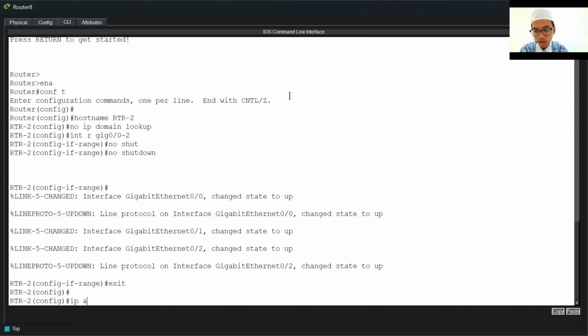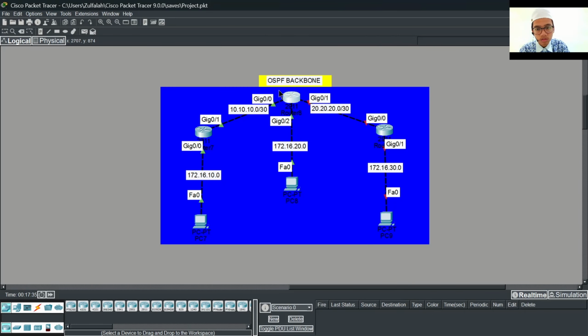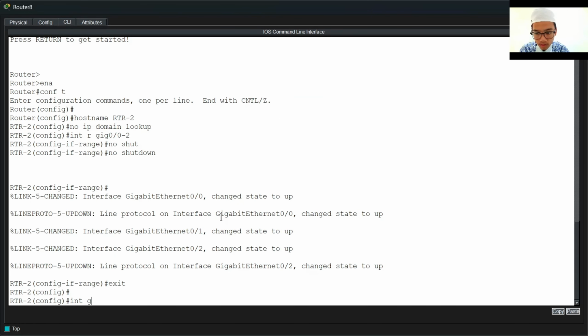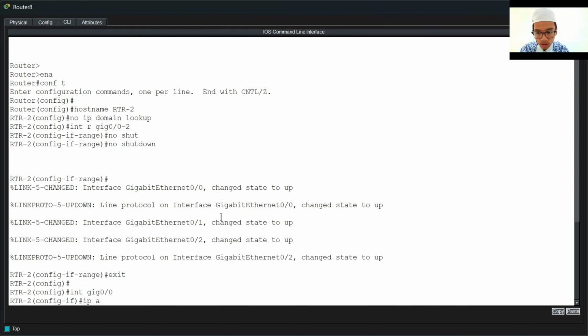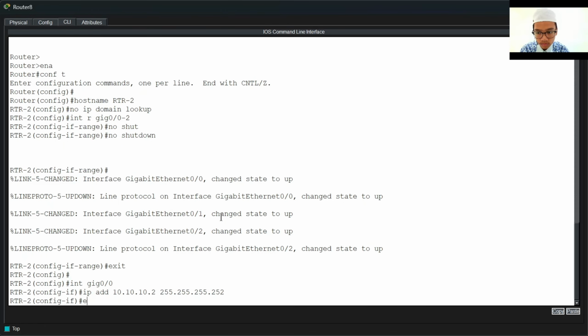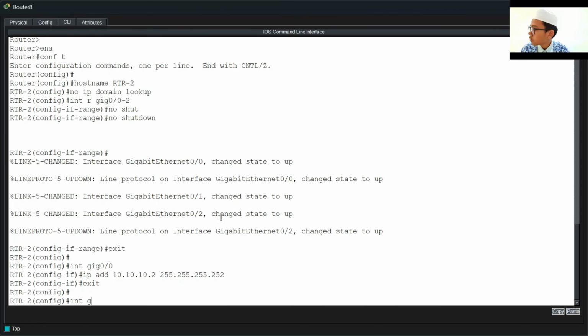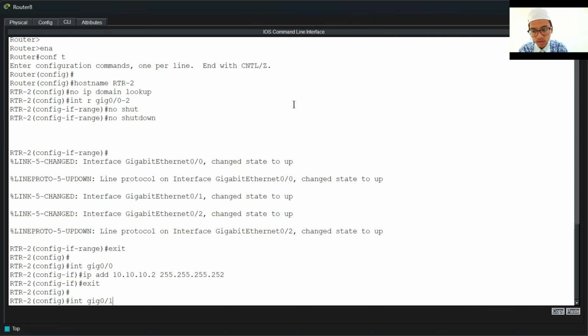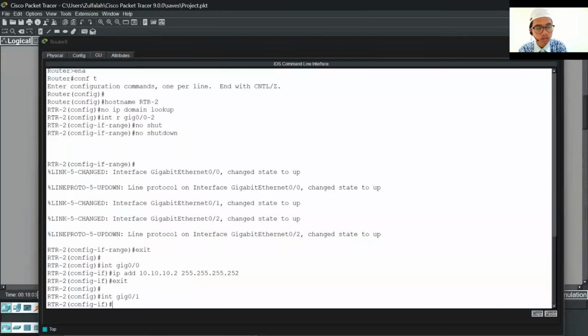After that we go into the interface. For example, in 0/0 we add IP address 10.10.10.2, then the subnet mask. After that we go next to 0/1, that is 20.